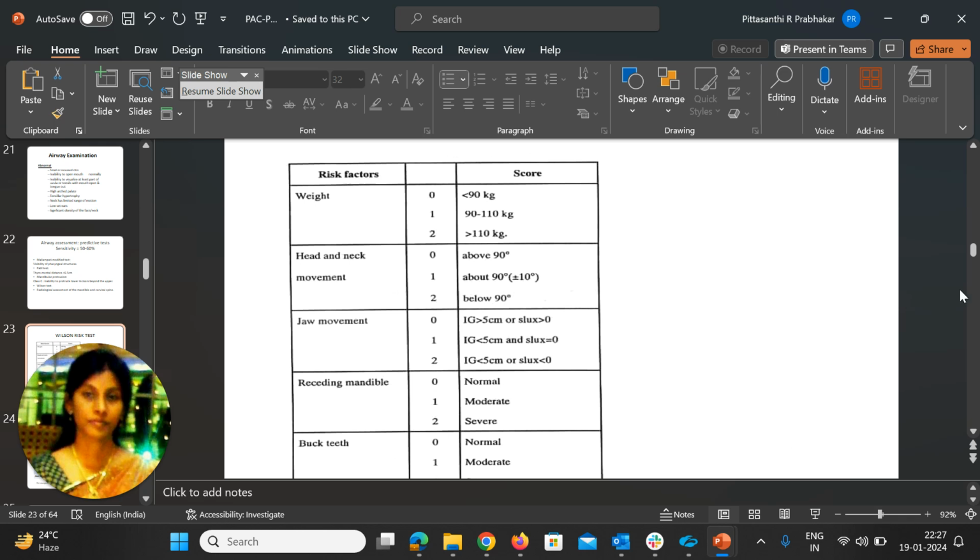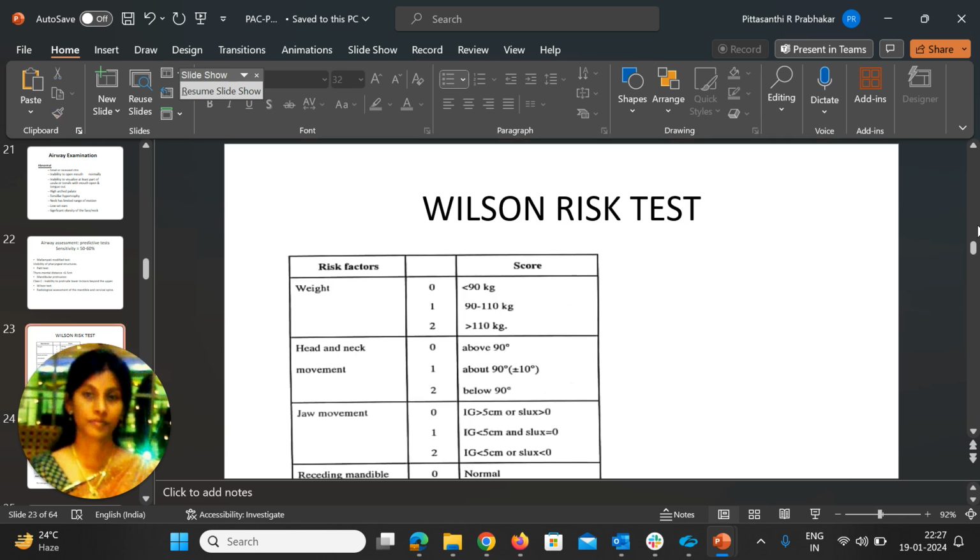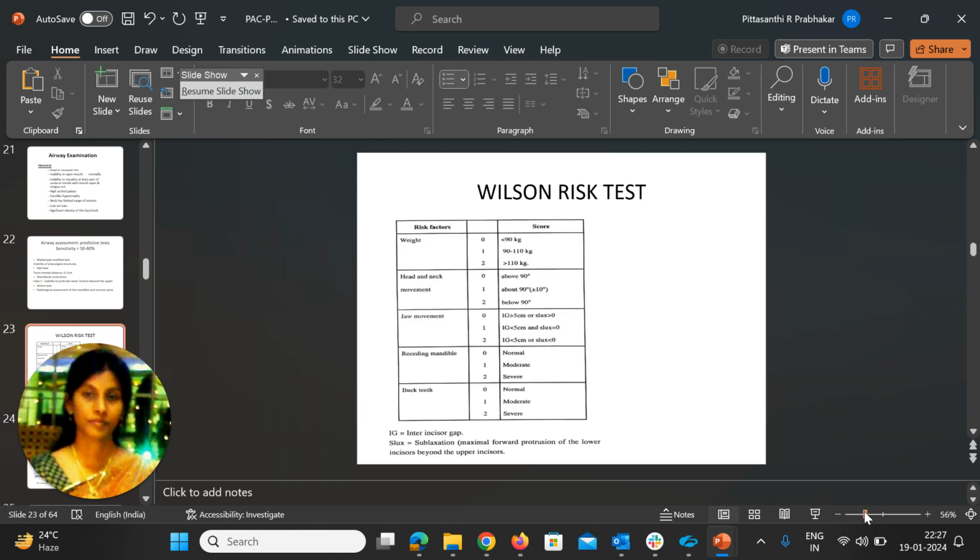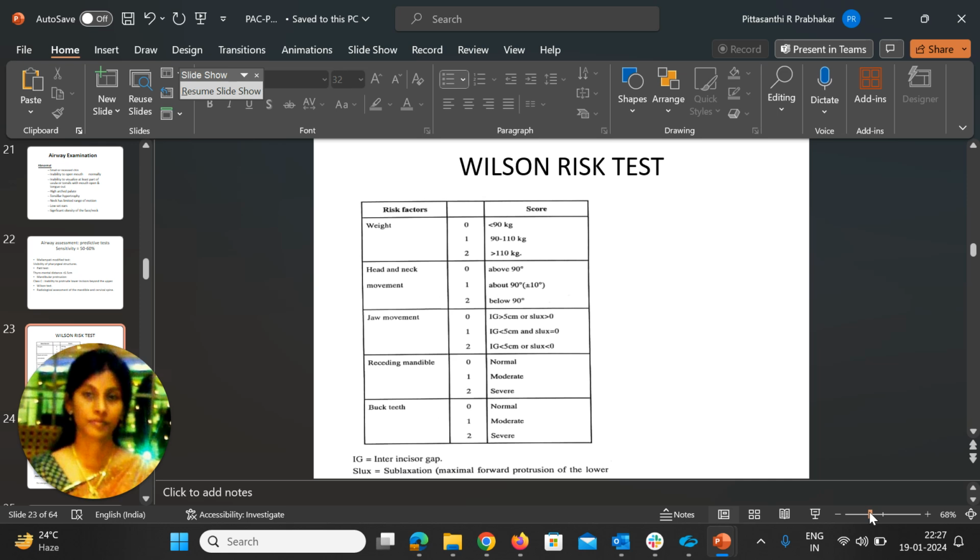This is a slide showing the Wilson's risk test, where the risk factors are weight, head and neck movement, jaw movement, receding mandible, and buck teeth. Weight: if the weight is less than 90 kgs, score 0; 90 to 110 kg, score 1; more than 110 kgs, score 2. Head and neck movement: score 0 above 90 degrees, score 1